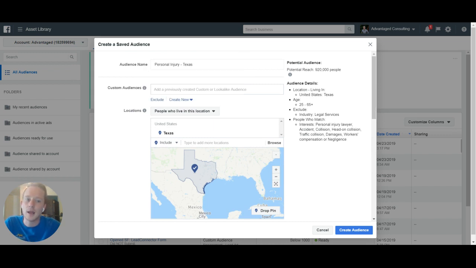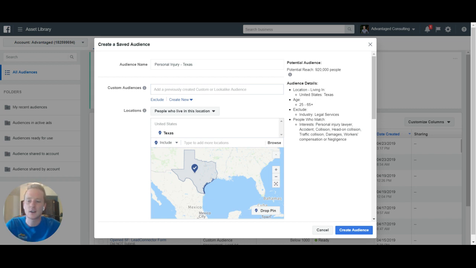Now, it's not a lot, but with Facebook ads, you do want to start out with a more broad audience size. You don't want to go too broad. You want to be able to get your interests narrowed down, but this is a good spot to start. This is just the targeting. There are so many other pieces to this whole campaign that you will need to have in place to make this work.